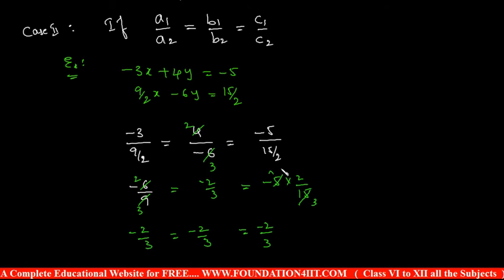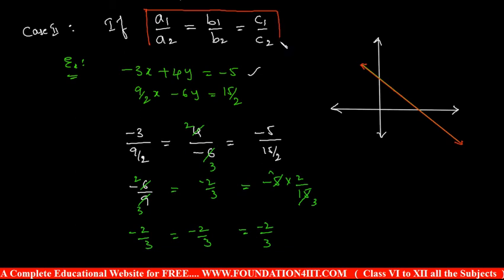So that means, according to this case, if you draw the graph, x-axis, y-axis, like graphically if you solve. For the first equation, we'll get one straight line. Again for the second equation, we'll get another line on the same line. That means two lines will coincide, so these two will come on the same. That means wherever you take, there are infinitely many solutions. Only for this case, if a1 by a2 is equal to b1 by b2 is equal to c1 by c2, the condition is, we'll have infinitely many solutions, right?